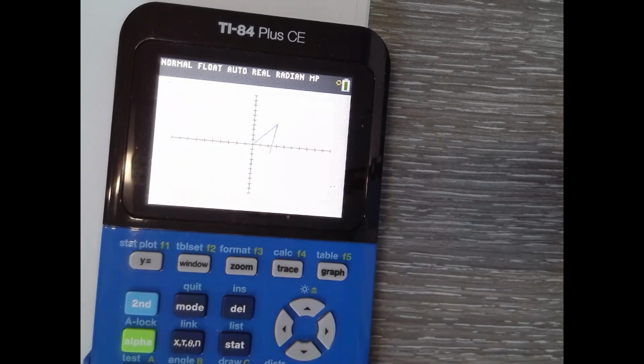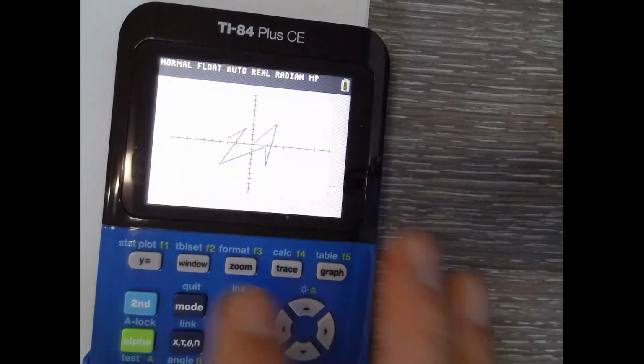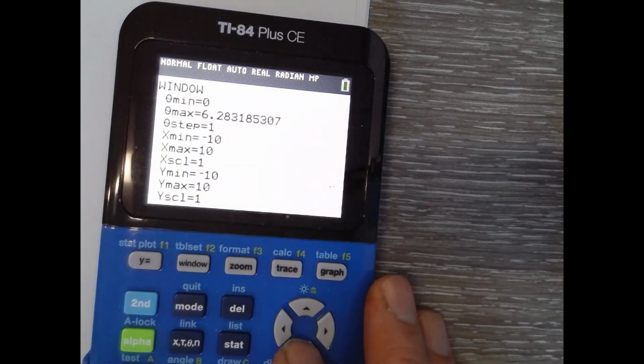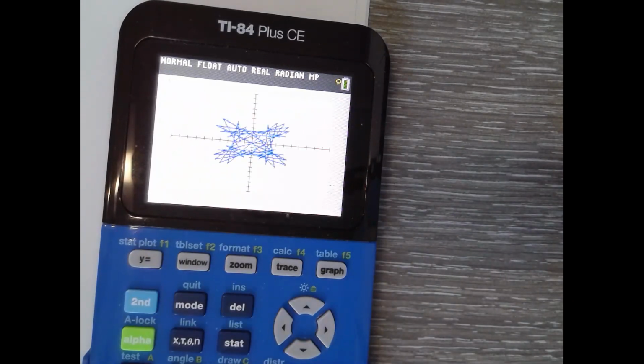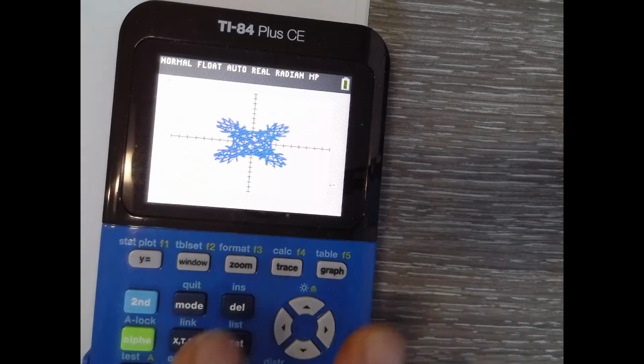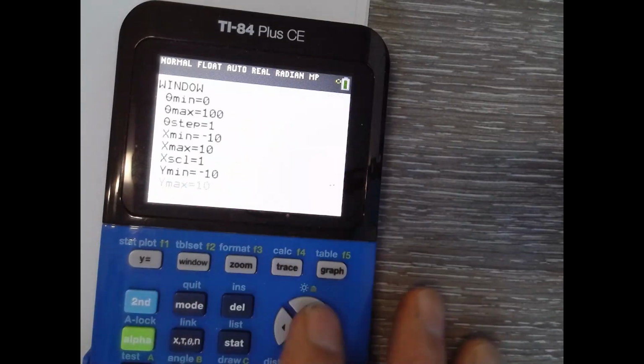So see what happens here. So it's jumping from 1 to the next to the next. If I make my theta max to like 100, watch what happens. It just keeps bouncing. In fact, if I made it to 1,000 or 500,